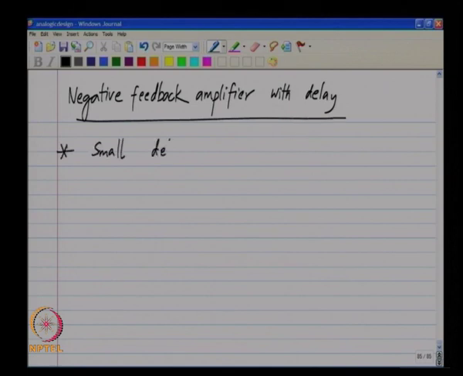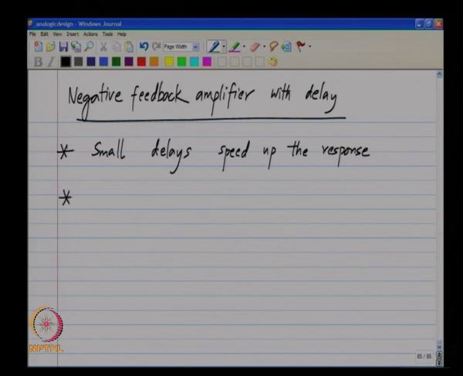The small delays actually help you, they speed up the response, and this is because with a small amount of delay you are always accelerating a little more than you should. For tau equals 1 by E, that is Td is about 2.7 times the time constant k by omega u,